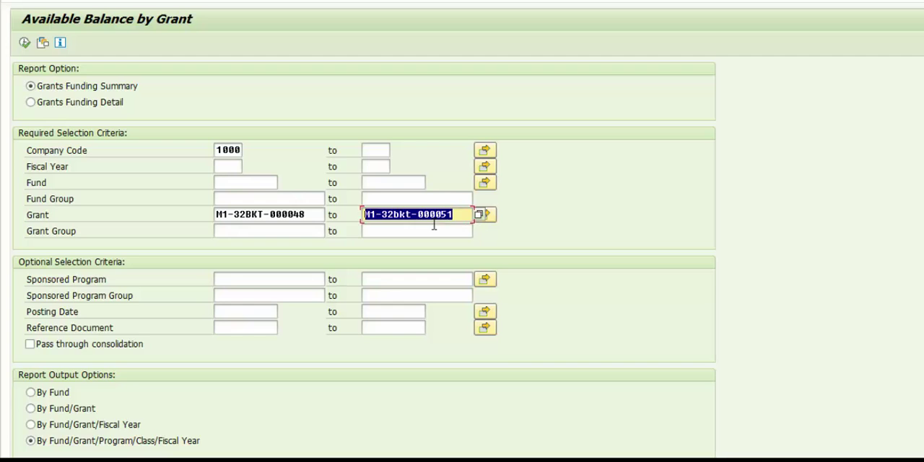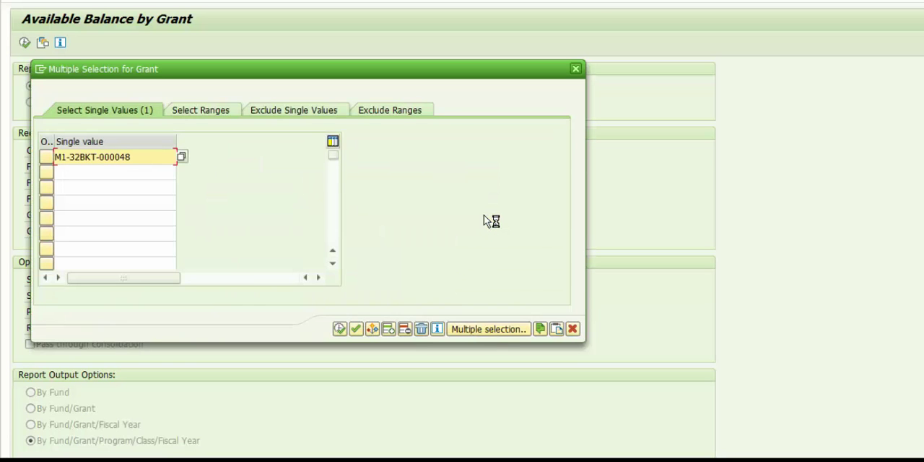However, if my numbers are not contiguous and I want to look at 48, then 51, then 37, then 69, for example, then I can use this button which is called multiple selection. So you just click here and the first entry that you have made is already available. Then you just type the second entry, M132 BKT, let's say